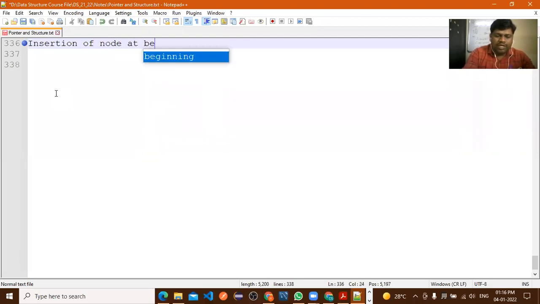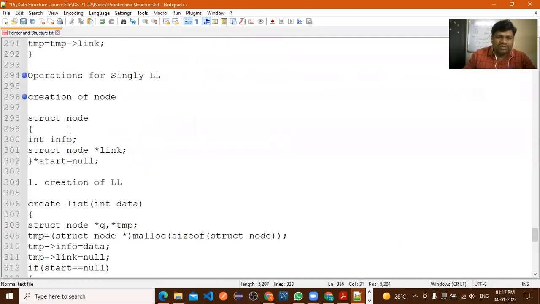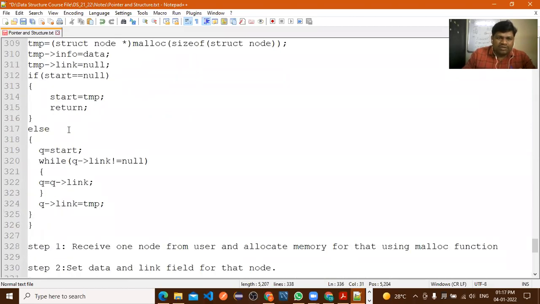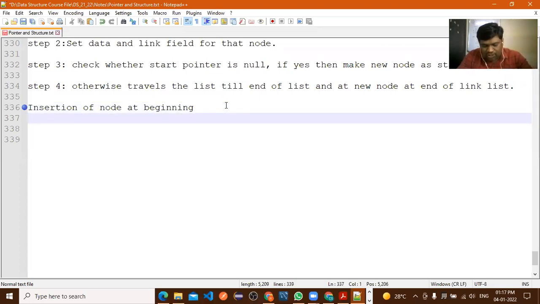In the previous operation, we were inserting the node at the end or at the start? At the end. Now, suppose you want to insert the node at the beginning only. So how to insert it?